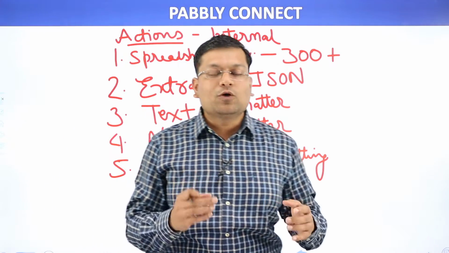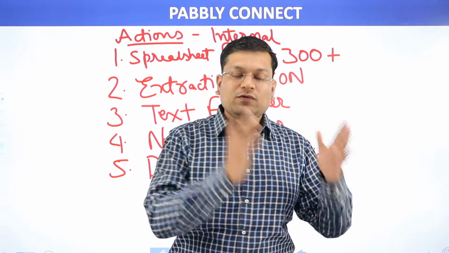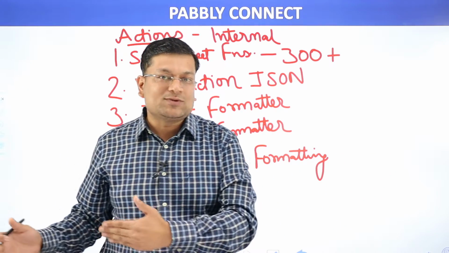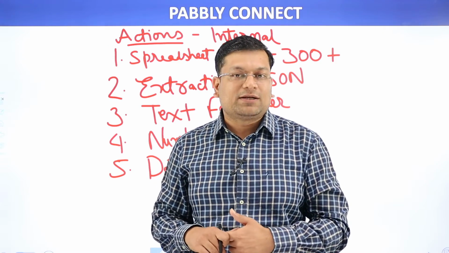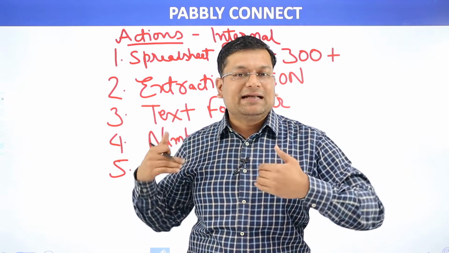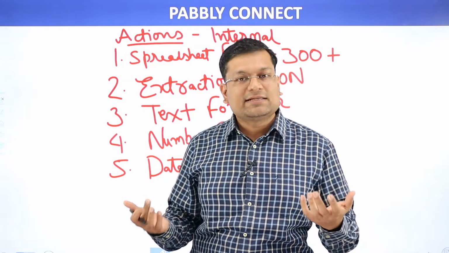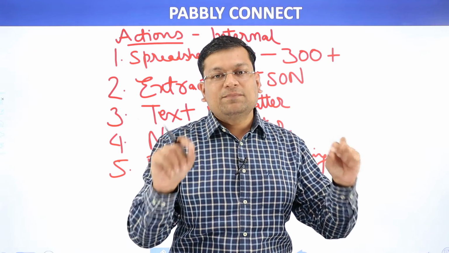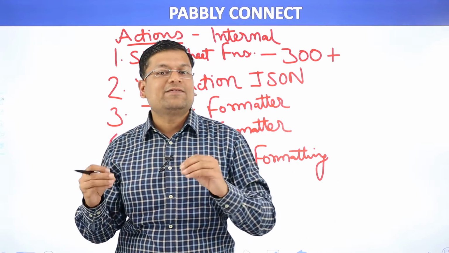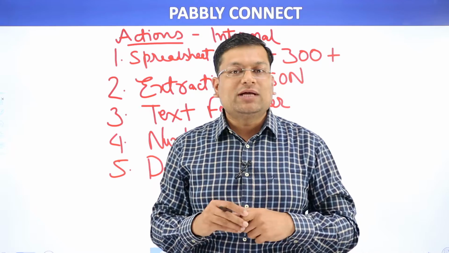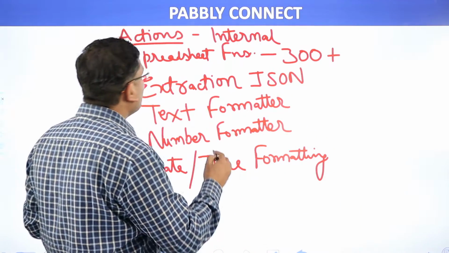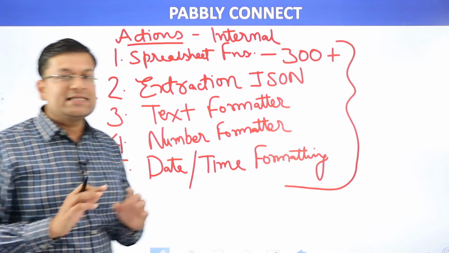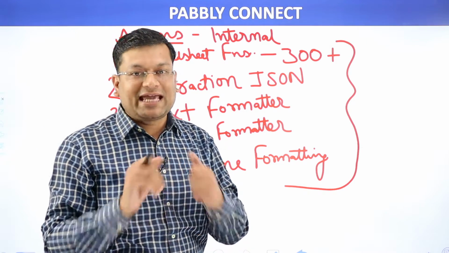Inside the date time formatter, we also offer you a time zone converter. So if you enter a time in the UTC time zone and want to convert that into an Indian time zone, you can do that with the date time formatter. If you want to grab the current time from somewhere, that is completely free. And even if you want to format a specific date time into a completely different date time format, you can do that entirely for free. We actually have a long list of internal functions which are completely free, and you can easily use them within your workflow, and they will not cost you anything at all.